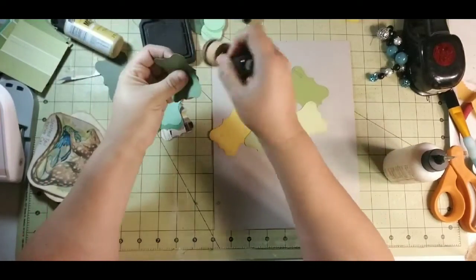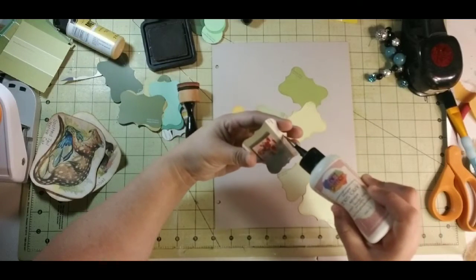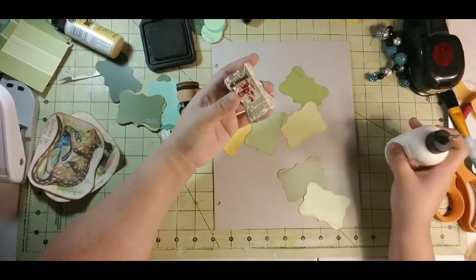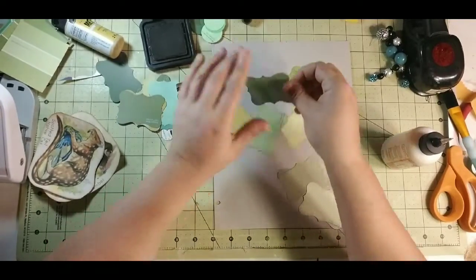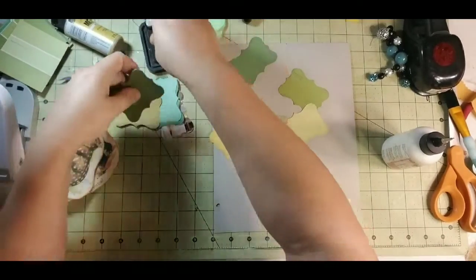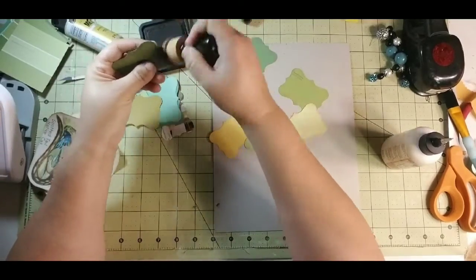So, and you don't have to use even this. You could do it with scrapbook paper, construction paper, or magazine pages, because this isn't a very big area. So you can find areas on a magazine page that have just that one solid color. So you could go through your magazines and